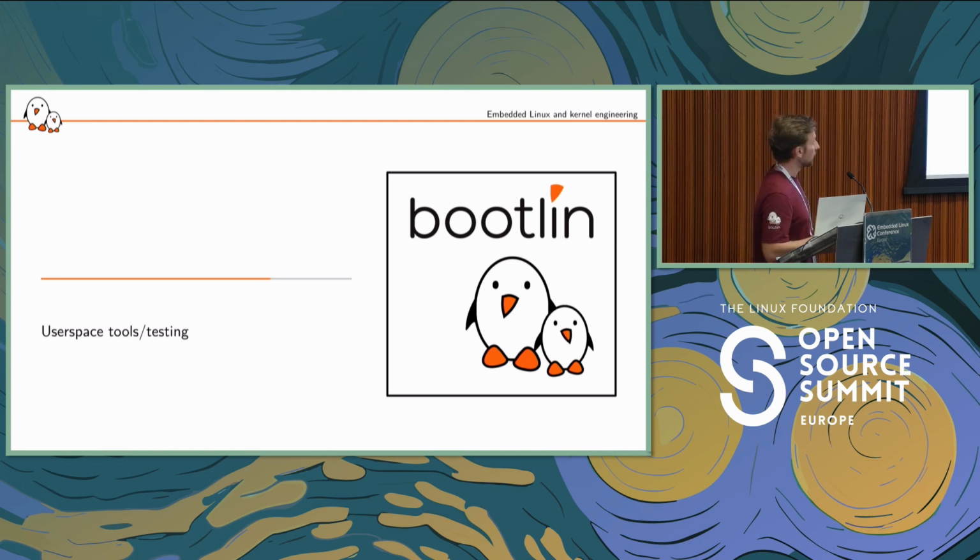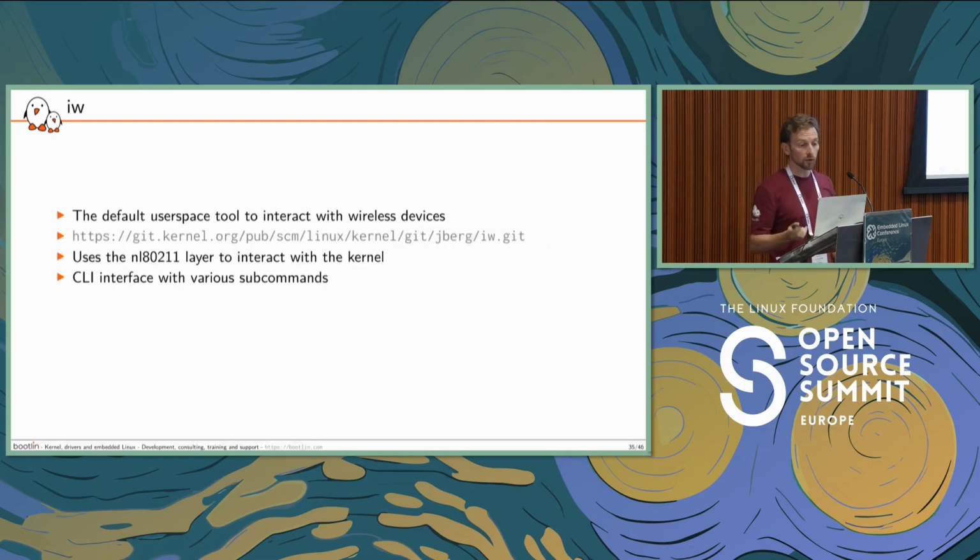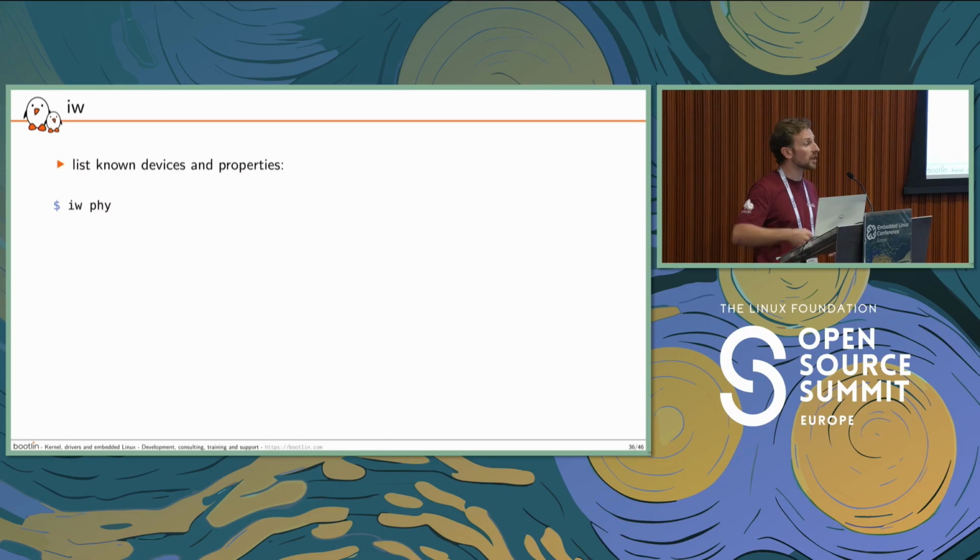All right, let's finish this talk by checking how to actually test our new fancy driver. About the user space tools, the first one I could use to start playing with my driver is iw. This is a standard user space tool which communicates through the netlink socket we have discussed earlier. This is a command line interface coming with many subcommands. So for example, I can learn about all the wiphys registered in the kernel, and I will have the list of capabilities. So for example, I can check whether I have forgotten about a specific flag at registration.